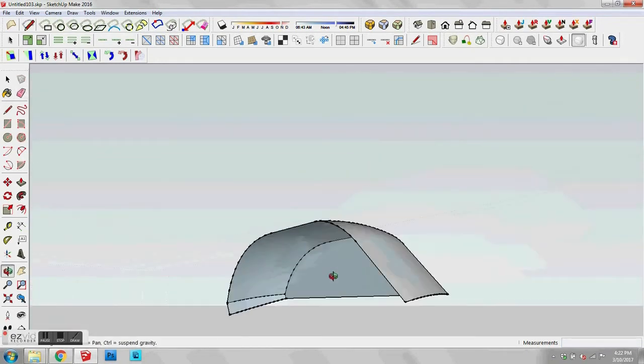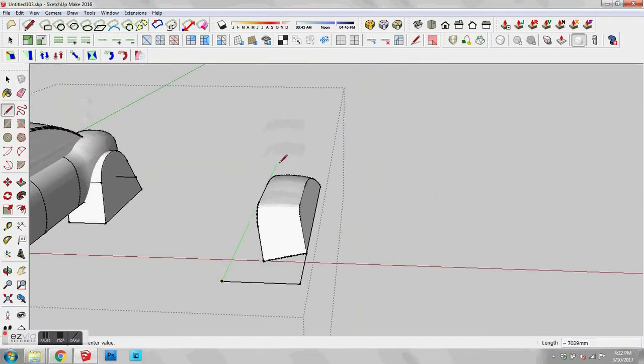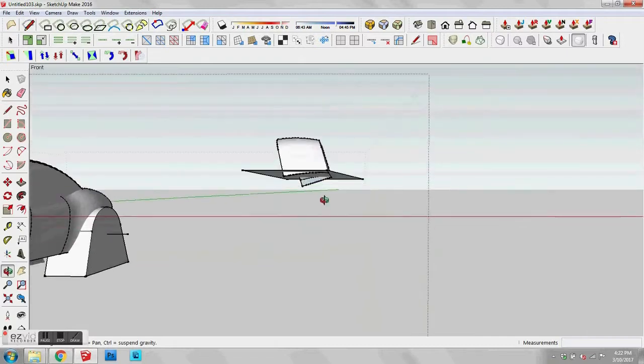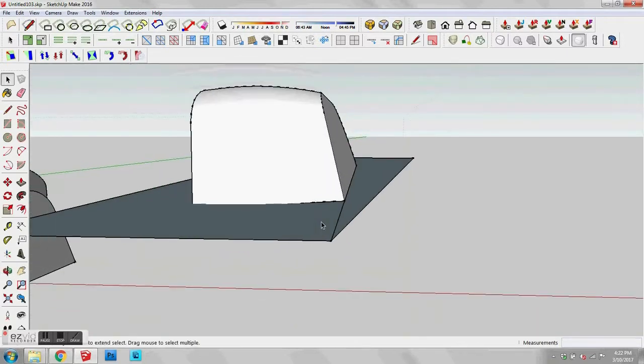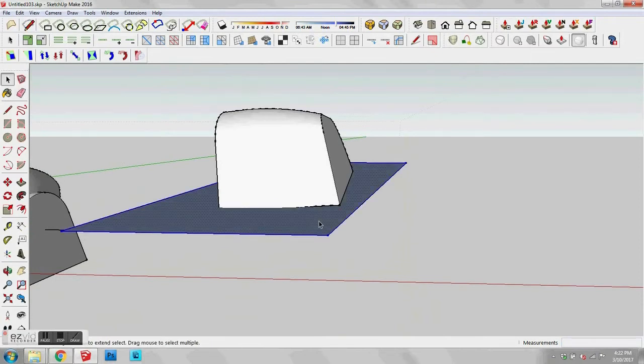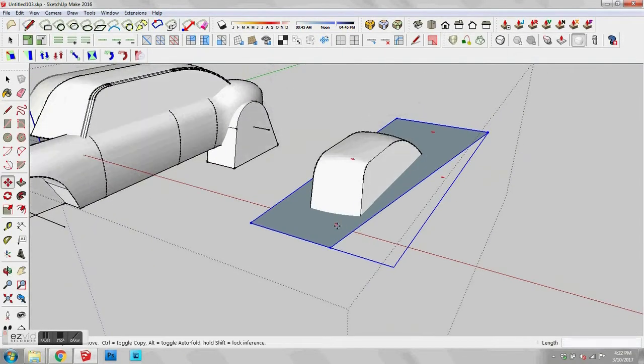Okay. Right, so all I do here to clean this up is get a rectangle and intersect it with the model again. In actual fact, that's not high enough, as you can see there. We need to start a bit higher. So I'm going to make that a group and shift that up a little bit. Then I'm going to do the same thing, but now going up,